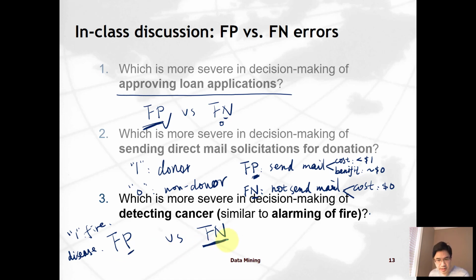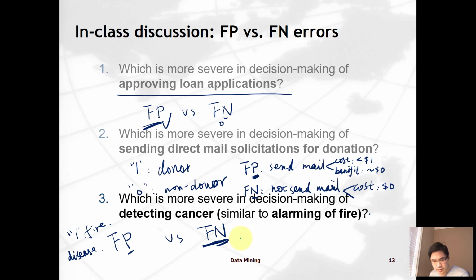However, in the case of false negative, the algorithm determined that there's nothing to be alarmed, there's no danger. It's a negative classification, whereas in fact there is a fire or a disease, but it's falsely or incorrectly classified as negative, as no fire or no disease. In this case, people continue being in the building and have a far higher likelihood of death due to the fire being out of control,